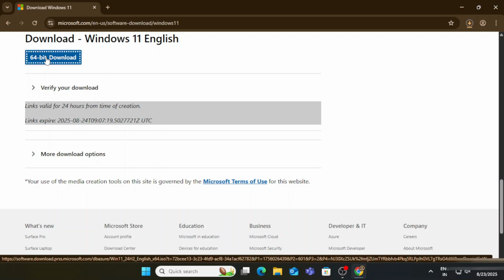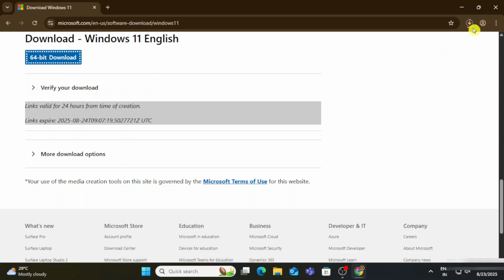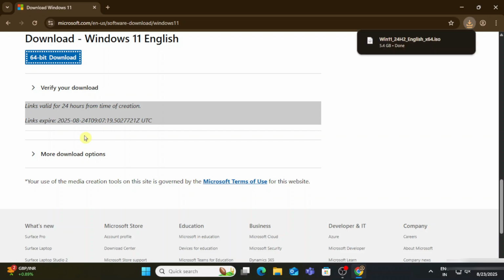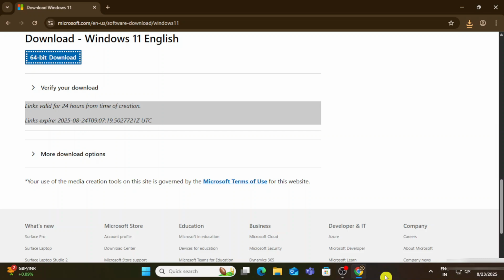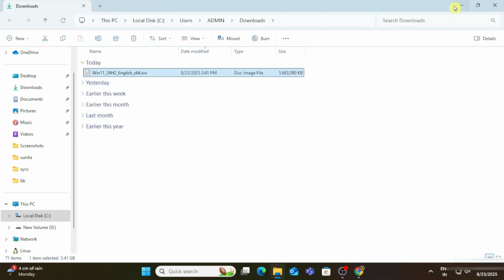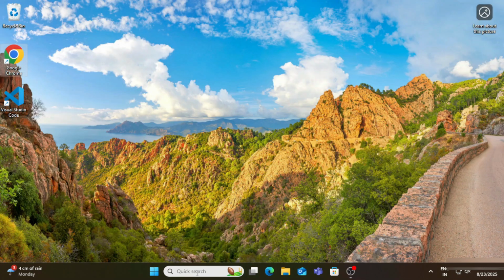So guys, you can see at the top my download of the ISO has been started. It will take a while, guys, because the file size is around 5.6 GB. I've just fast forwarded my video, and guys, here you can see the download of this ISO is done. Let me just click on this folder option just to show you the location. So here you can see my ISO file has been downloaded in the Downloads folder, and here is my Windows 11 ISO. So now guys, I'm going to just start my Oracle VirtualBox.